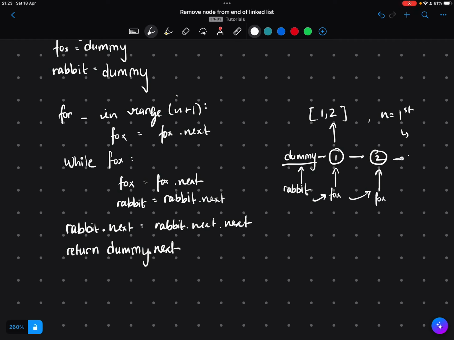But the rabbit, what is the rabbit sitting at? We have the rabbit sitting at 1 right now. And what did we do? We just simply did dot next, so next, then join that. So rabbit now points at null, which is null, none in Python, okay? And so your output would just be this,